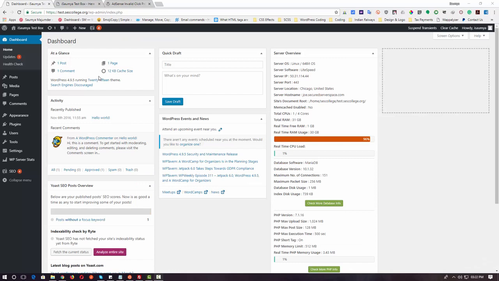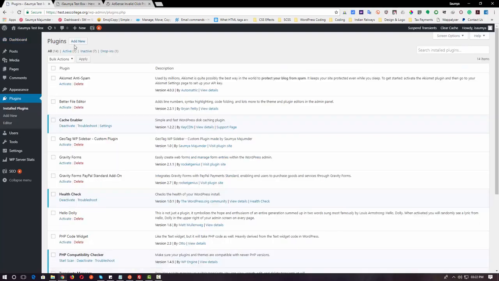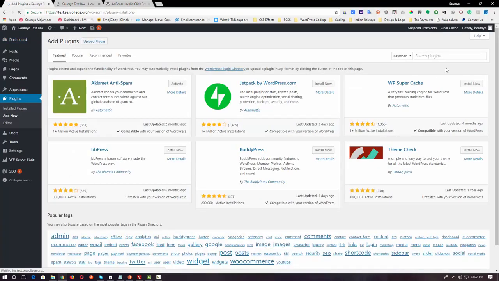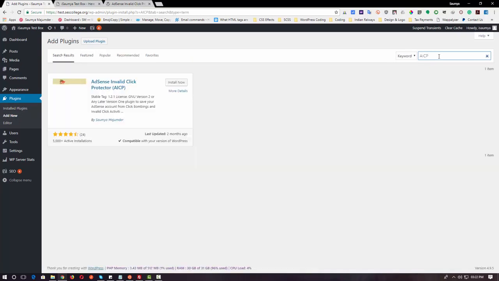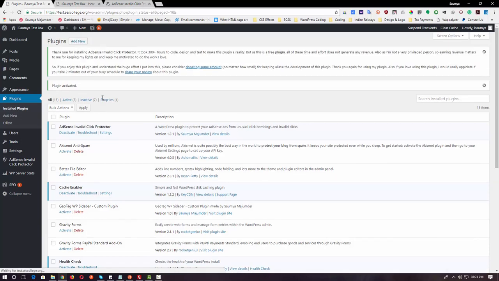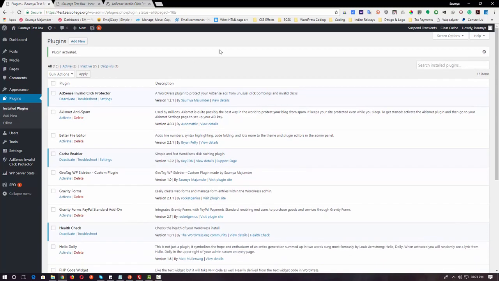So first, log into your WordPress dashboard, head over to Plugins, Install Plugins, and then click on Add New. Over here you can simply search for AICP or Adsense Invalidity Predictor, whichever you like, and then just click Install Now, wait for the plugin to be installed, and click Activate. Now you would be greeted with a notice message like this. For sharing a review or donation,